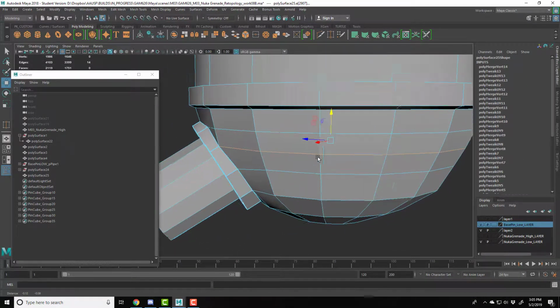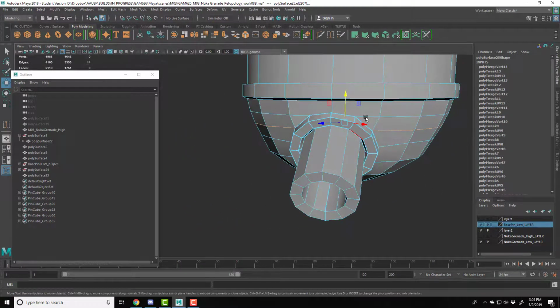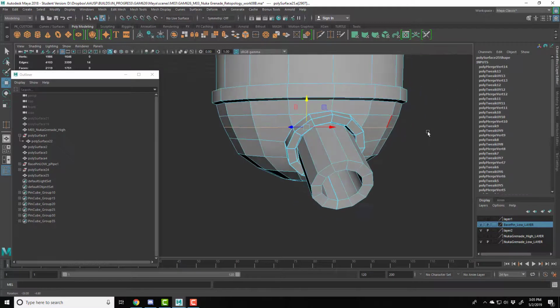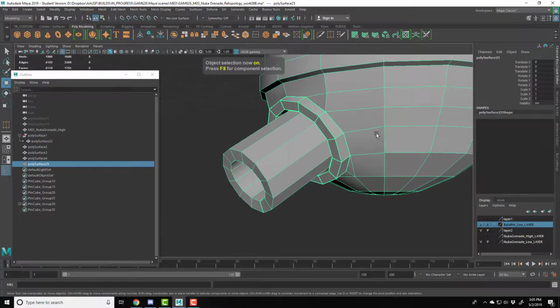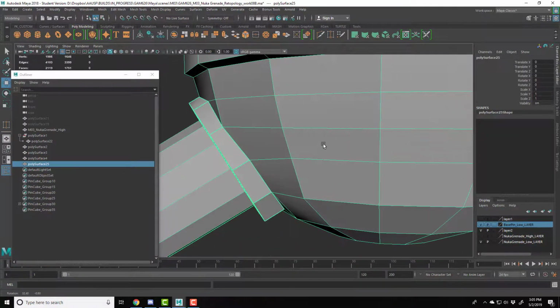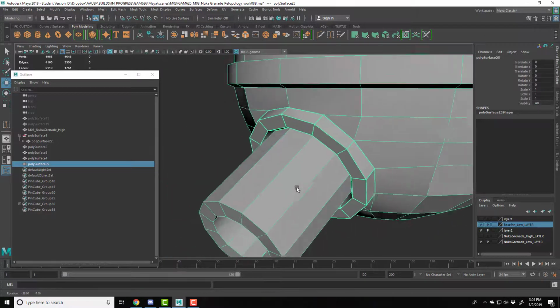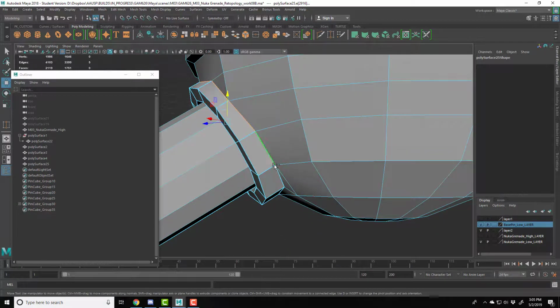So now we have to get this to look correct along here. You know, get this looking to some semblance of neat topology and clean. Go ahead and delete my history here. But we're going to have to clean it up going this way. So what we're going to do is select all of these